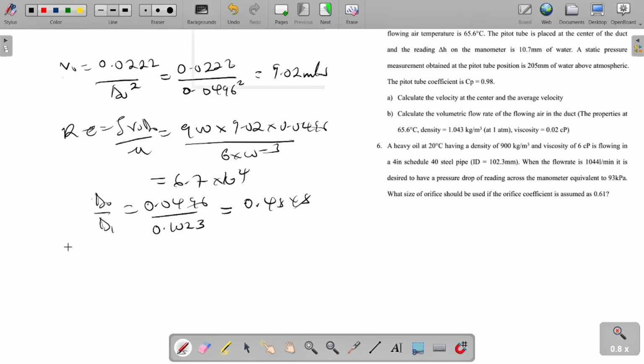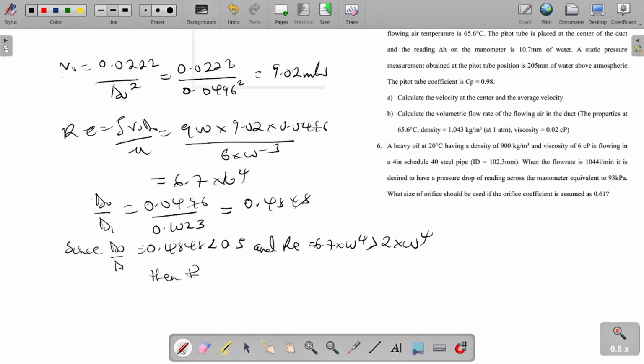Alright, so we can see that since d naught over d1 is equal to 0.4848, which is actually less than 0.5, and the Reynolds number 2, which is 6.7 times 10 to the power 4, is also greater than 2 times 10 to the power 4,